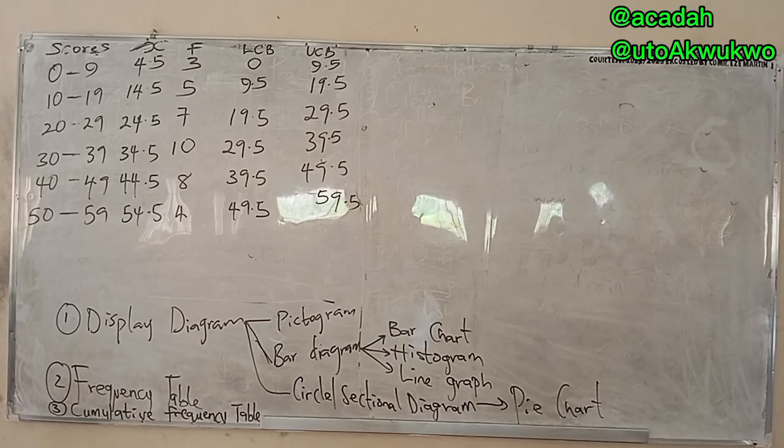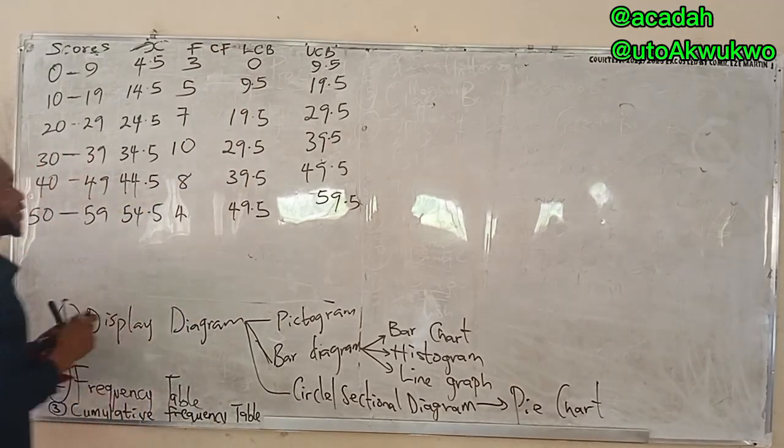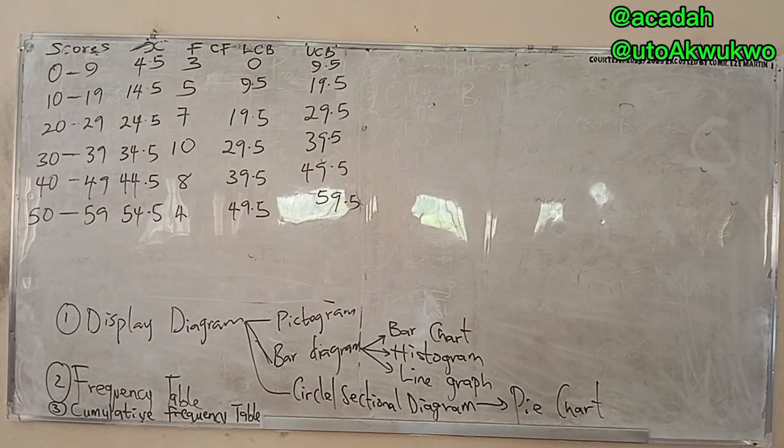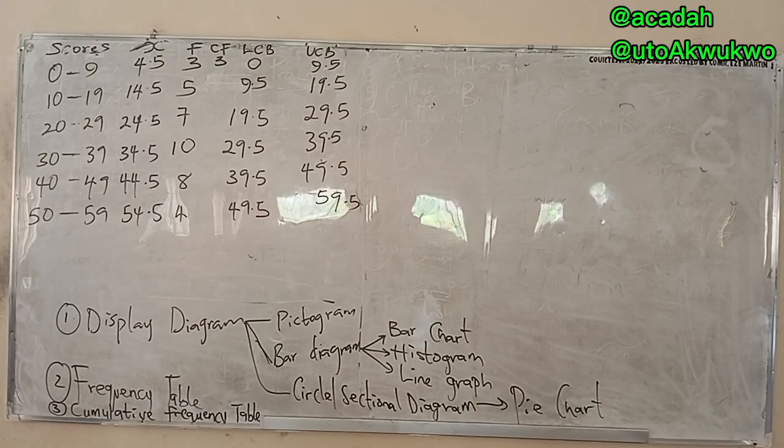So before I move to working it out, there is one more thing, the cumulative frequency table. What is cumulative frequency? In order to do cumulative frequency, still under introduction to statistics, it is simply the successive addition of the given frequency at each point. See what I mean? The first frequency is 3. So the first frequency will always be the same as the cumulative frequency.